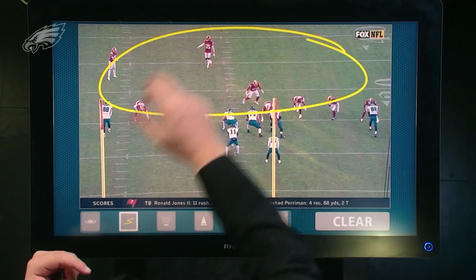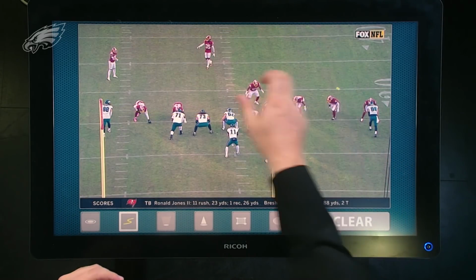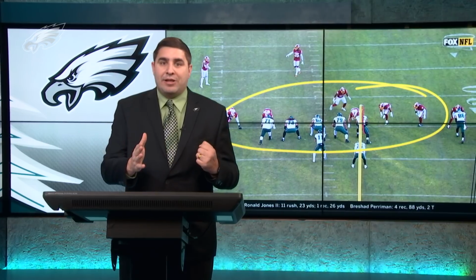The other team, they're not going to expect that we're going to call a little bit of a draw play here. You can see there is not a lot of defenders here at the second level. The secondary is backed up off the ball. You've got some blitzers here up along the line of scrimmage, but if you can just suck that rush up the field as if it's going to be a pass play, you should be able to get the running back